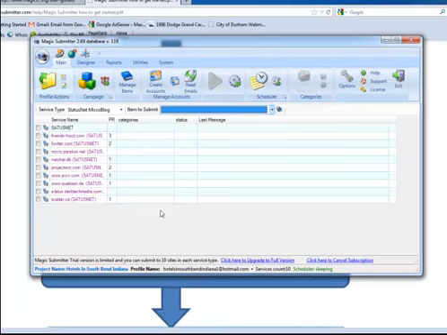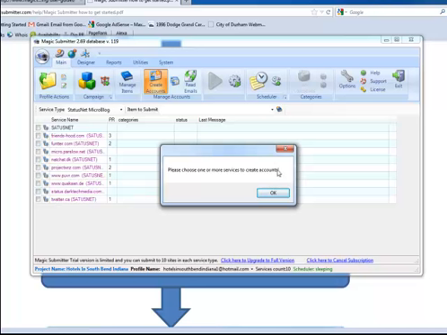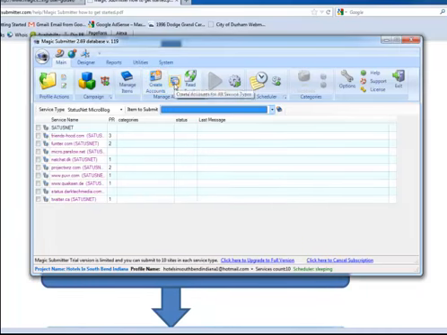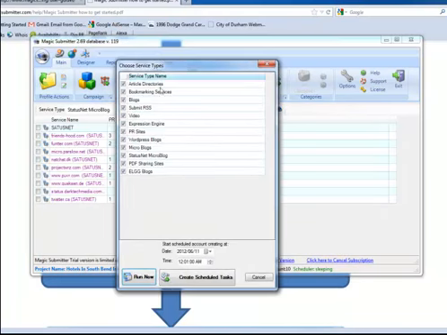That'll bring you back here, and again we are in the Hotels in South Bend, Indiana project with this profile name. What you want to do is create accounts. Now there are two options here. You've got the big button where if you click Create Accounts, it's going to ask you to choose a name or a service, and that's one at a time. You can actually create accounts one at a time. But if you click the smaller icon here where it says Create Accounts for all service types, this will bring up a window where you can decide if you want to sign up for all the article directories and the bookmarking services. Maybe you don't want to sign up for video accounts, and you know, the PDF sharing sites, the ELGG blogs,